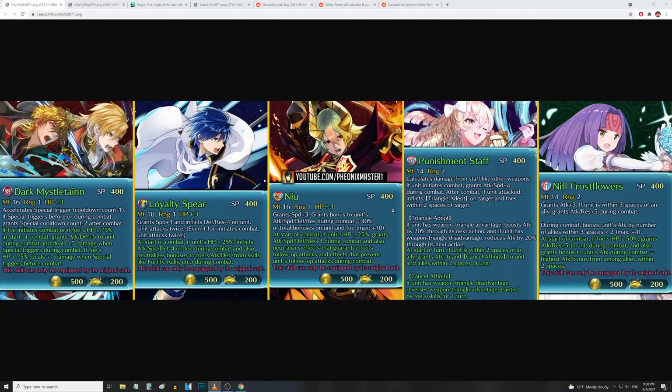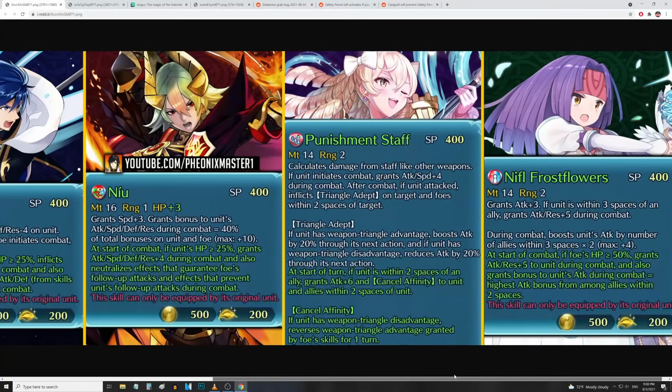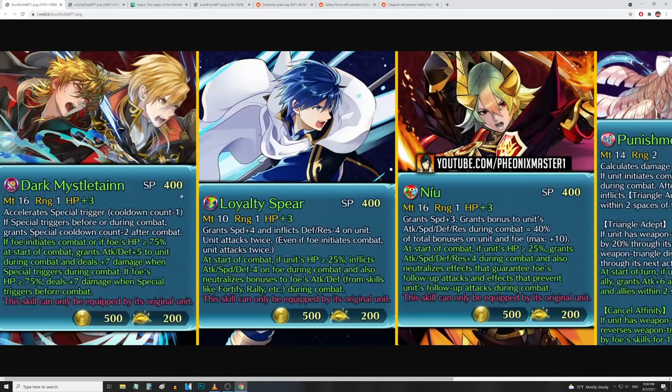So we're going to cover all of that stuff today, and we are going to be starting things off as usual with the refines, courtesy of Phoenix Master 1, of course, for this lovely infographic. And we're going to start all the way on the left with Ares and Eldigan's Dark Mistletoe. So HP up 3, -1 special trigger, and if special triggers before or during combat, grants special cooldown count -2